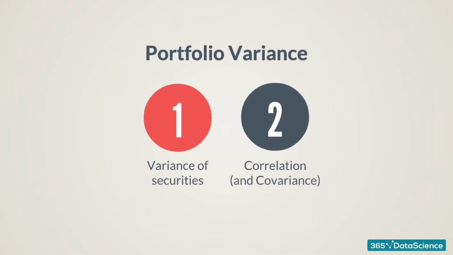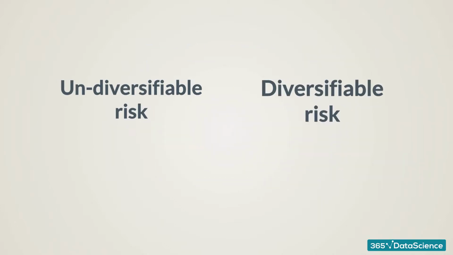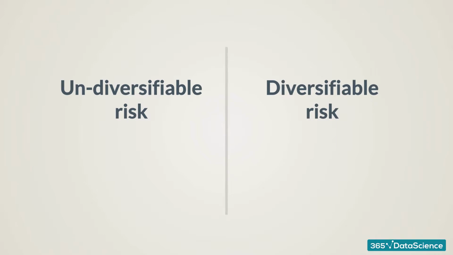We learned that a portfolio's risk can be described as the sum of two components: the variances of the securities contained in the portfolio and the products of the covariances between securities and their standard deviations. And we are ready to introduce a very important concept. There are two types of investment risk: systematic and unsystematic risk, also known as undiversifiable and diversifiable risk.